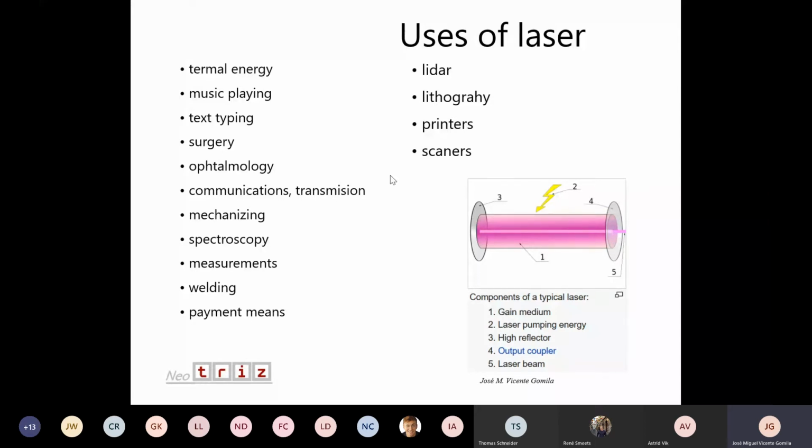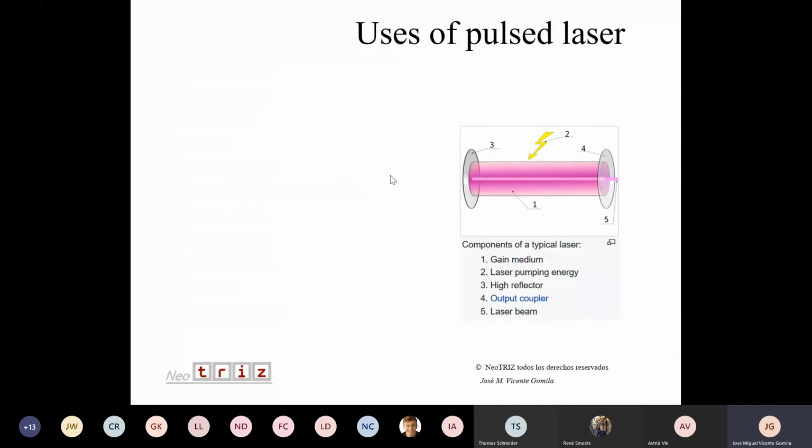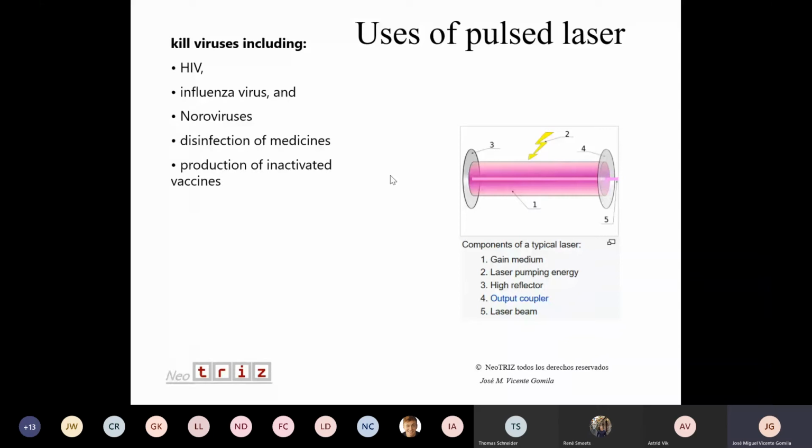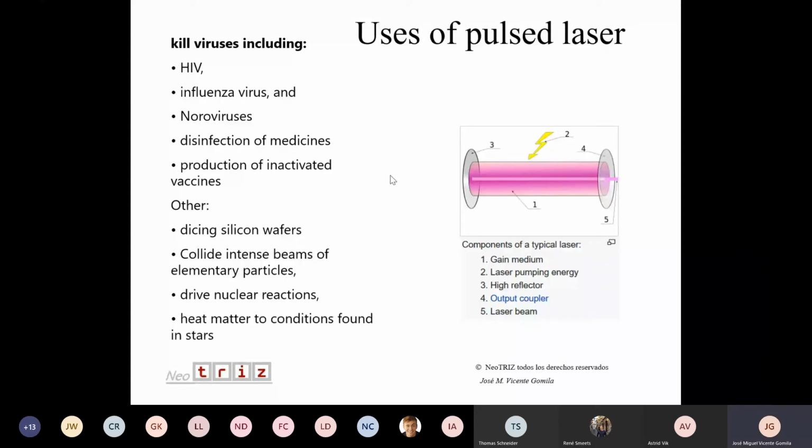This is a hot research topic about ultra short pulse laser, and we can see kill viruses, including HIV, influenza virus, noroviruses, disinfection of medicines, production of inactivated vaccines, like in silicon wafers, colliding dense beams of elementary particles, drive nuclear reactions, heat matter to conditions found in stars. All these are uses of pulse laser, and there is a leading